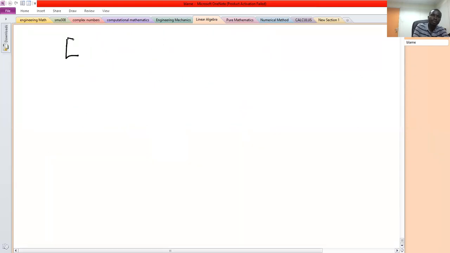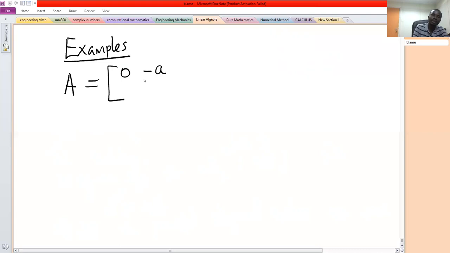So examples. If I have a matrix A given by 0, minus a, a, 0, then this is a skew symmetric matrix because all the elements along the main diagonal are 0. That's the first condition. Second condition, if I get A transpose, then I'll get 0, a, minus a, 0,